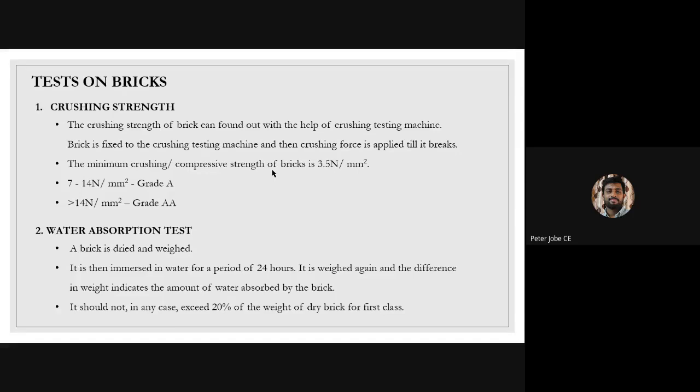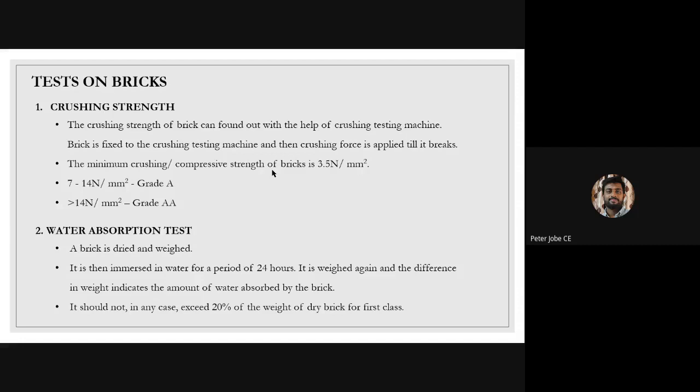And if the crushing strength is more than 14 Newton per mm square, we can classify it as grade AA. For construction of load bearing walls, where the walls are required to take loads instead of columns and pillars, in that case it is necessary for us to use bricks of high crushing strength, because these bricks are supposed to take loads from above. So if the crushing strength is between 7 and 14, it will be classified as grade